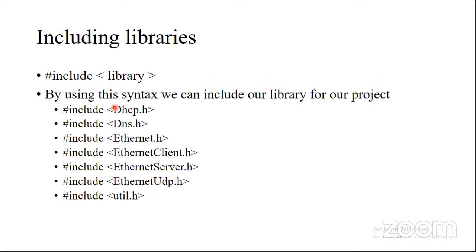These are the libraries, like #include stdio.h, conio.h. We have some kind of libraries. The syntax is the same as in C, C++. #include, and in the angle brackets we give a library. So here I am giving #include, and these are some libraries that are available. This Ethernet, DHCP, DNS, these are libraries which are mainly used to connect your Arduino